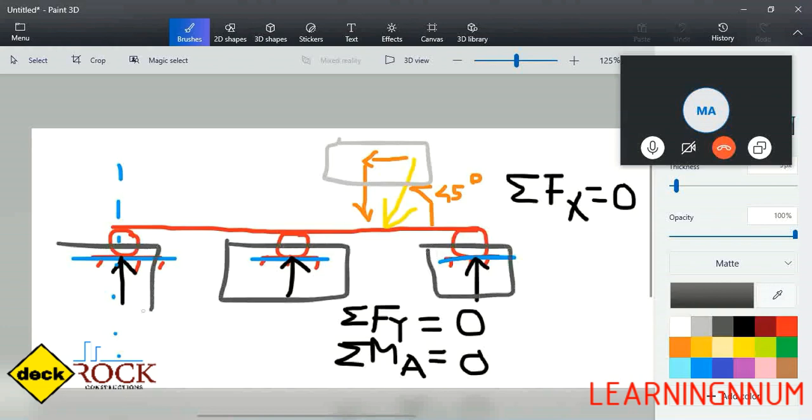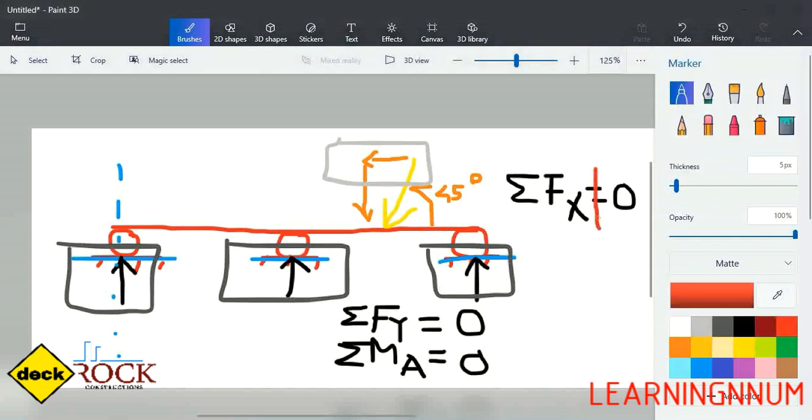You have reactions only in vertical nature. So that is the reason this condition is not satisfied. Therefore, if any one of the equilibrium conditions is not satisfied, that structure would be called unstable. Okay,